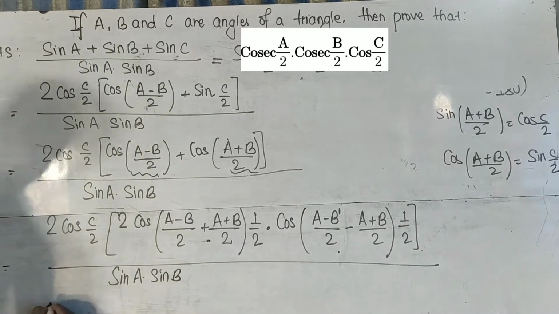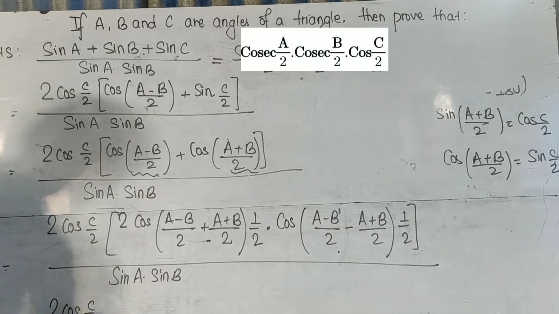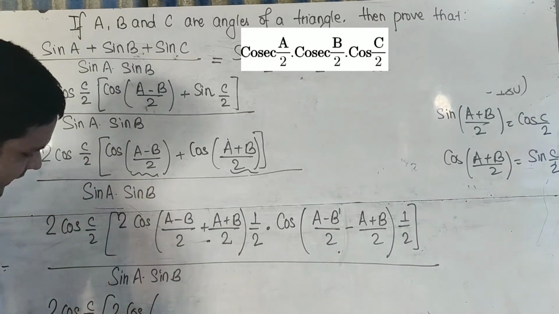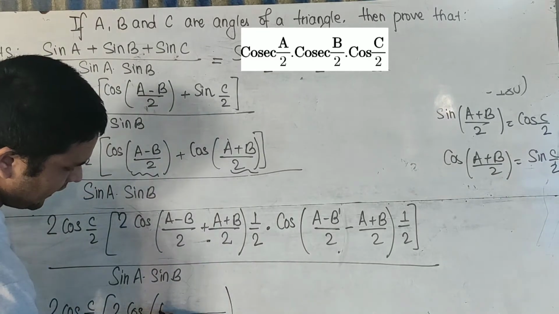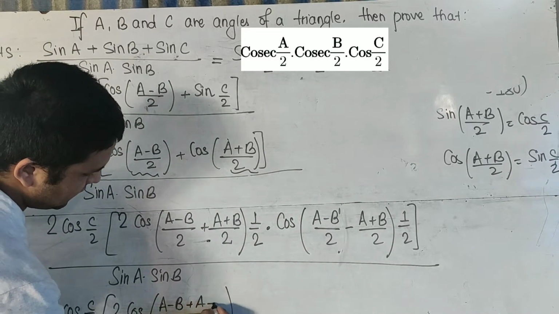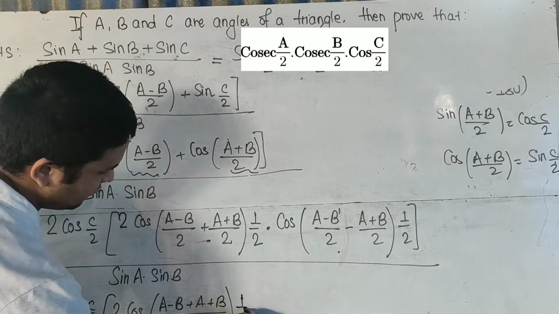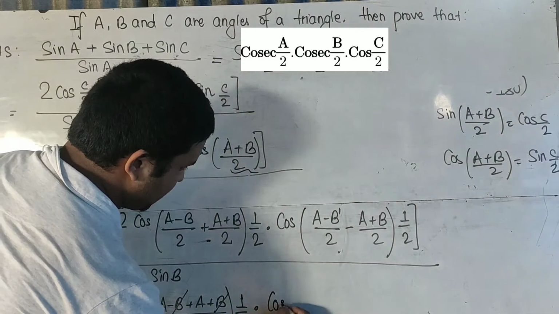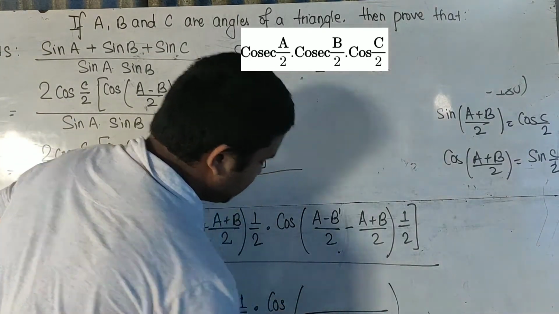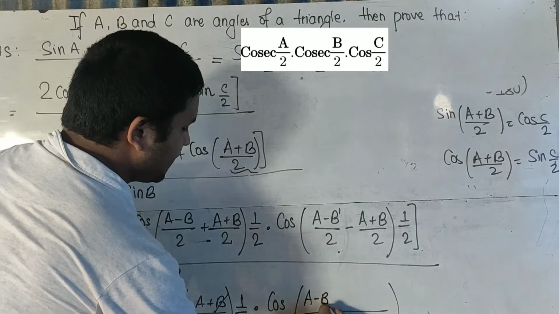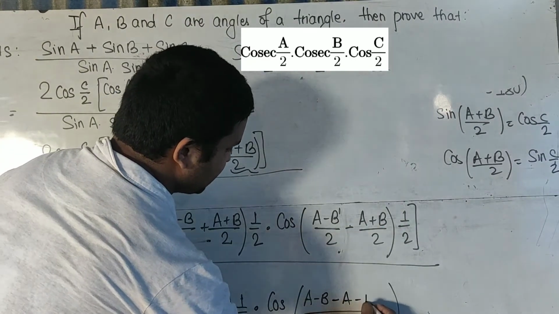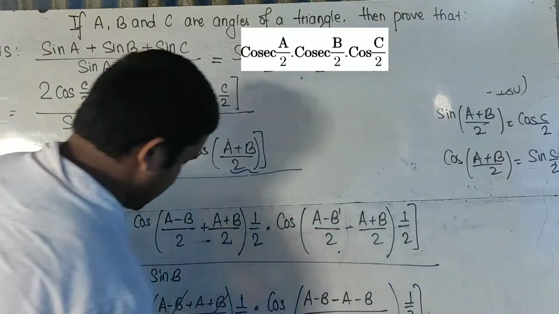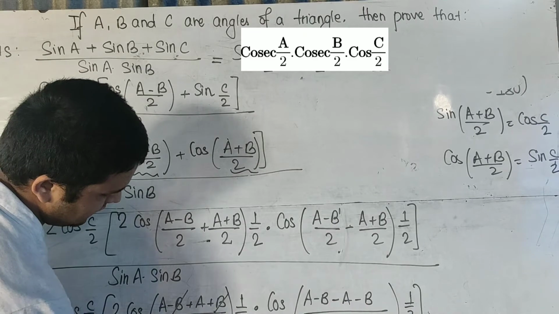Now let's solve it. You have 2 cos C/2 dot 2 cos. Now you are going to solve this. You can take LCM. Your LCM will be 2, and you have (A minus B) plus (A plus B). Now you have 1 by 2 outside as well, so you can cancel this minus B and plus B. Similarly, you have to take LCM here as well. 2 is the LCM. So A minus B. Now because of this minus, the sign gets changed. You have 1 by 2 as it is, and in the denominator you have sin A dot sin B.